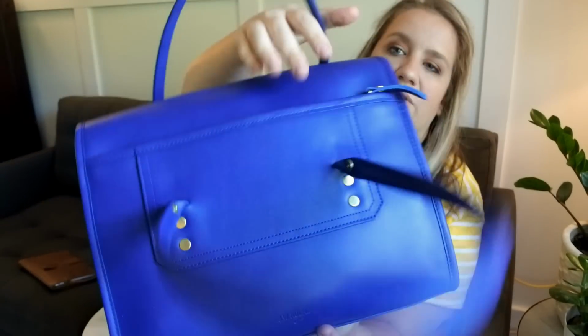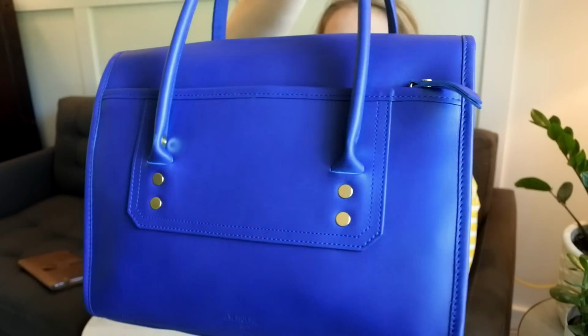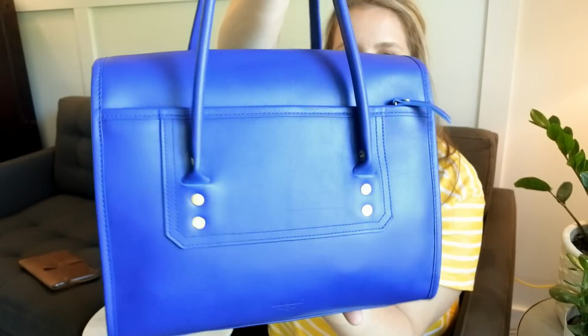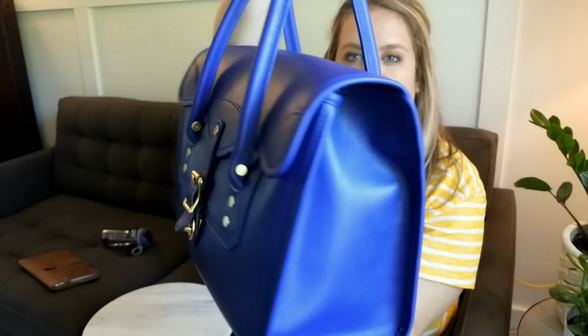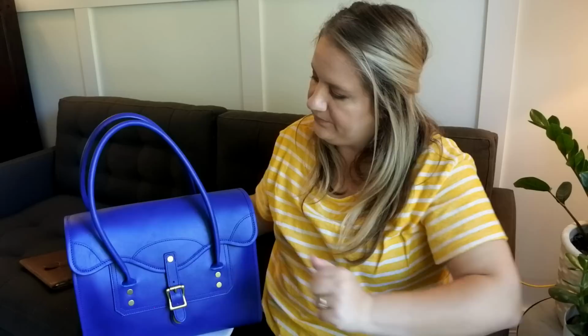I've been using it for 3 weeks, almost a month, and there's really no sign of wear or tear. The full grain leather is from the USA. It is cow hide. And the handles you've been seeing, they stay up, they don't. They're a little,